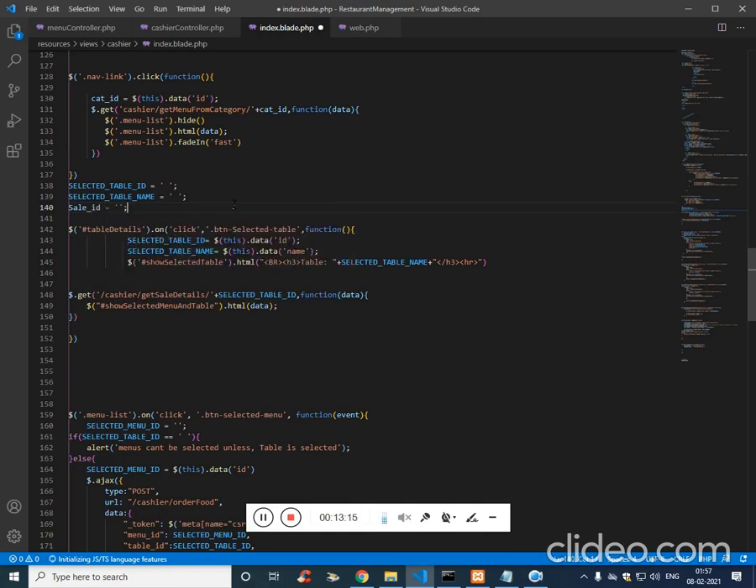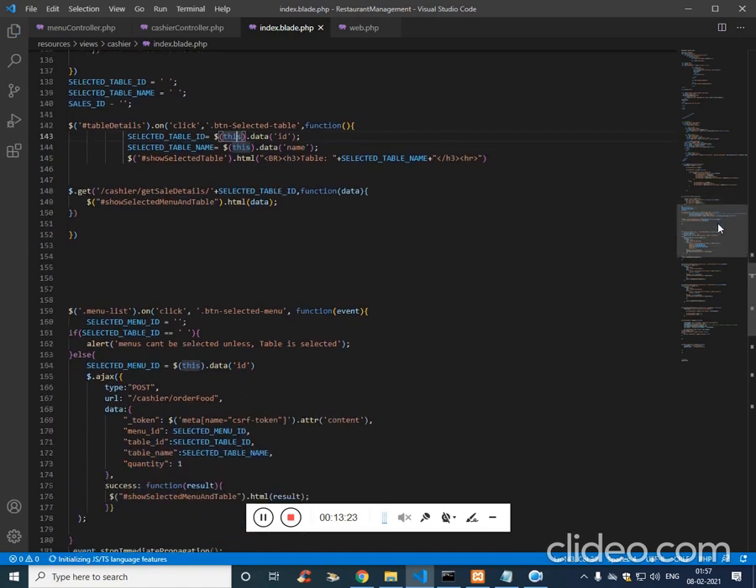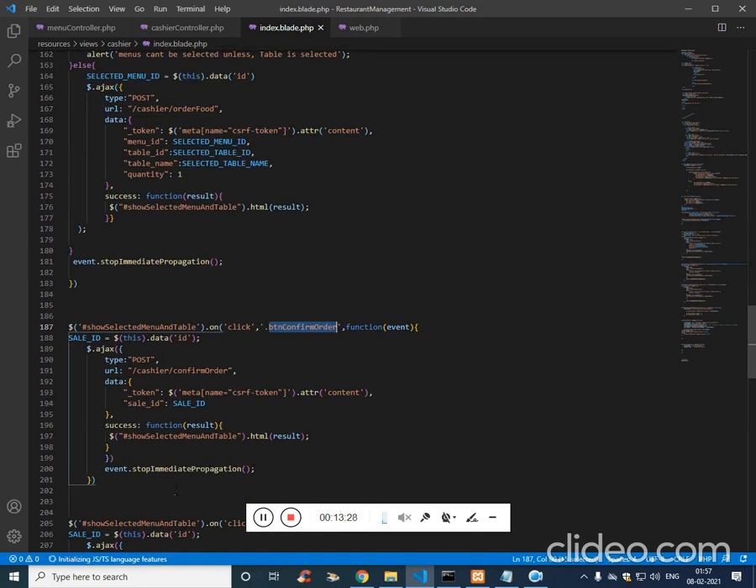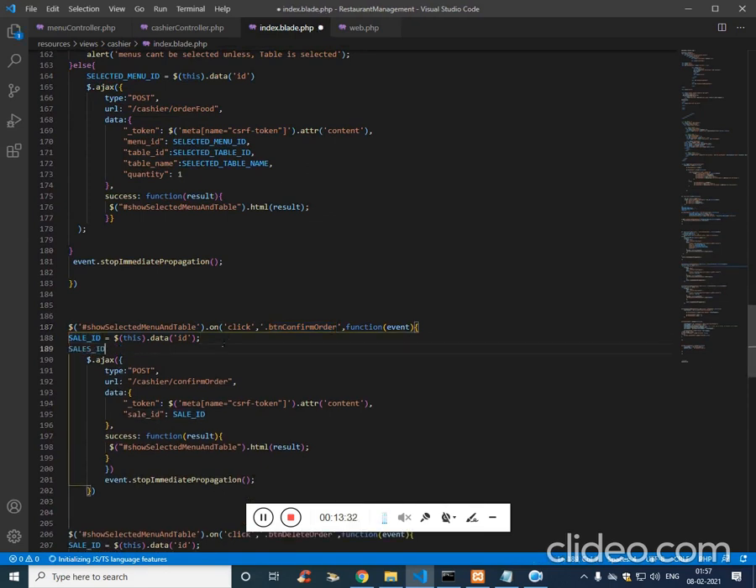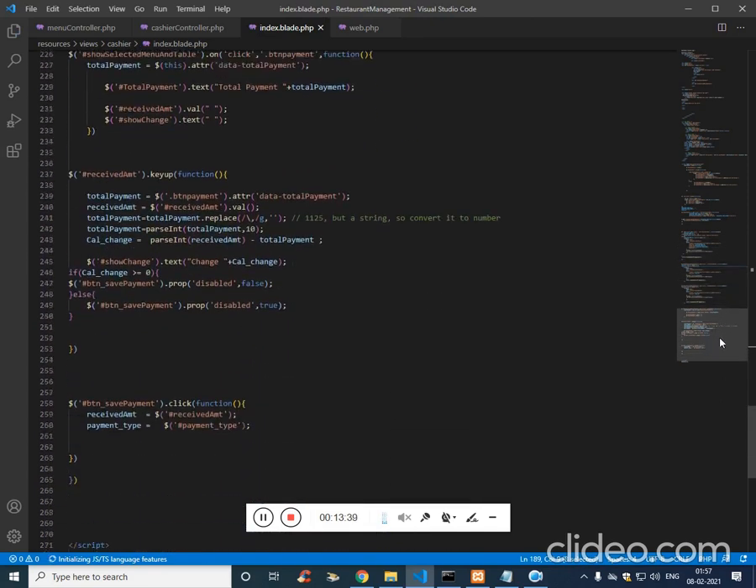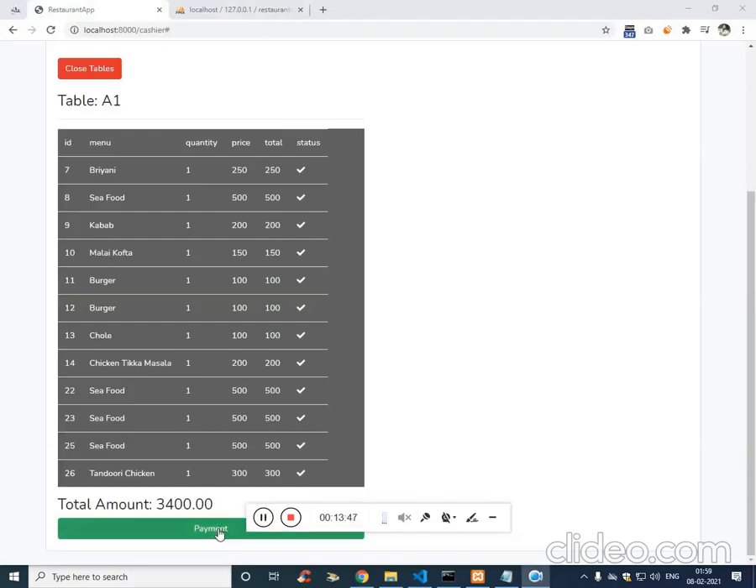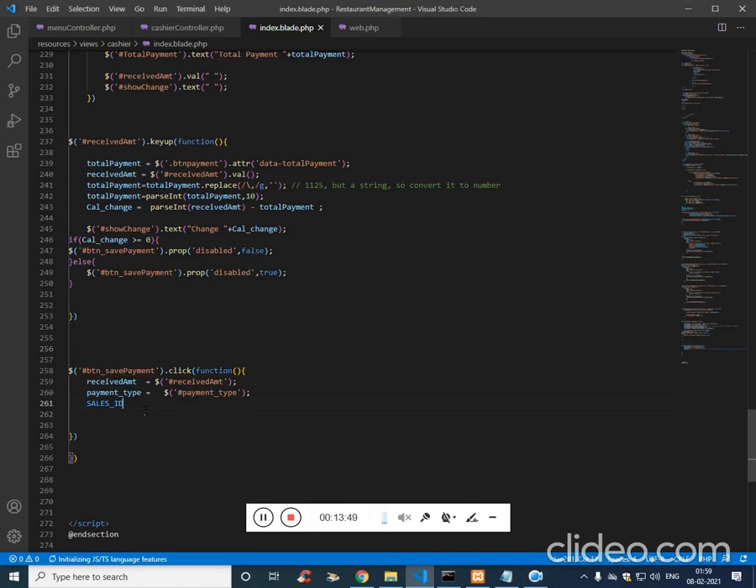It should be blank by default. Sales underscore ID. So when I click on the button, confirm order, what I need to do is get this and store it into a variable, sale ID. Now this variable will be set. So once the value is set, we can access it over here. Now to test this, let's add this inside the alert,